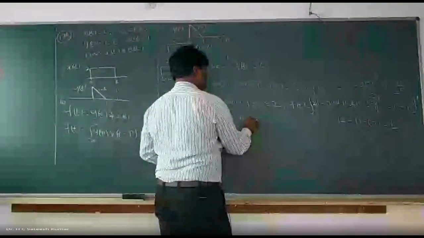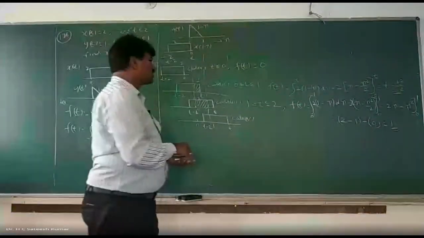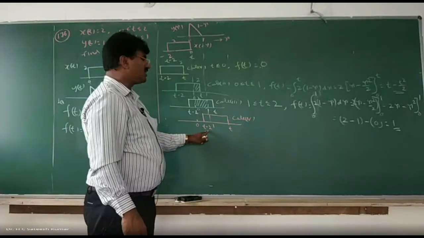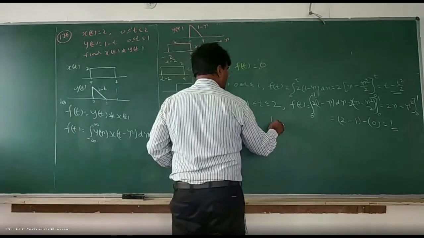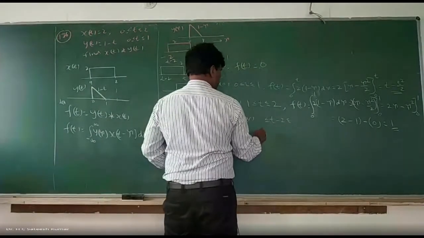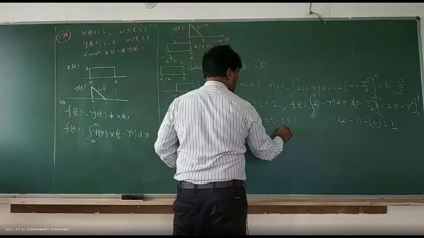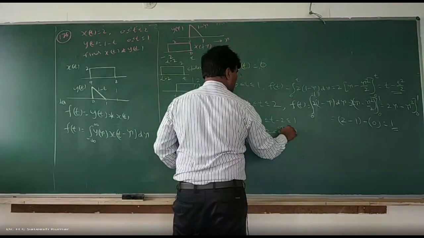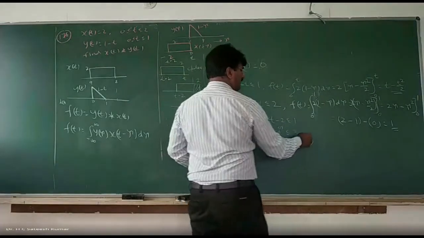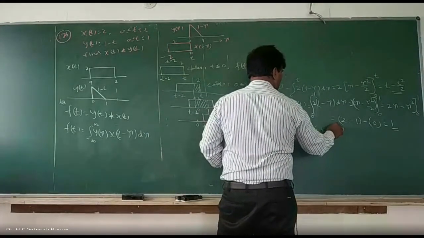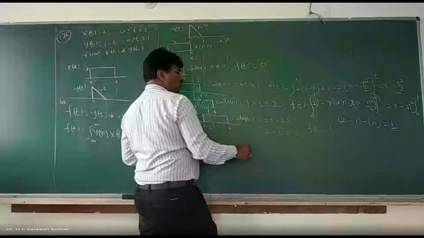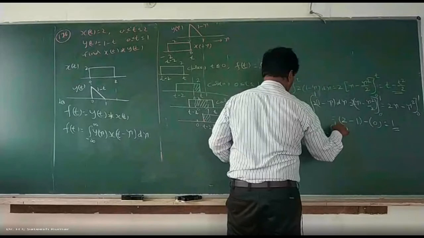Case 4. What do we have? Now the area is decreasing. As long as you take the left edge, it is very easy. So you can write t minus 2, as long as the left edge lies between 0 and 1. T minus 2 lies between 0 and 1, or t lies between 2 and 3. F of t is equal to, area is decreasing, integration from where to where? This is the overlapped area. T minus 2 to 1.